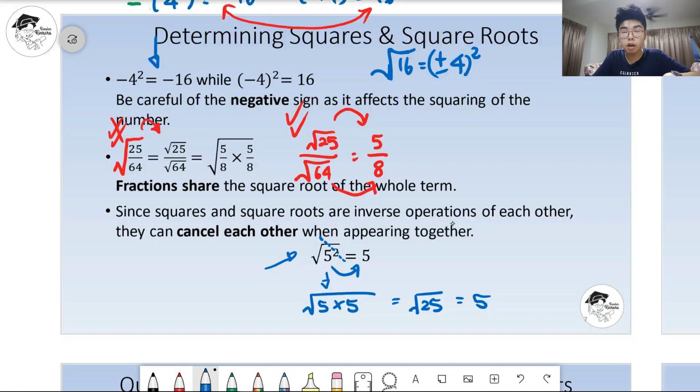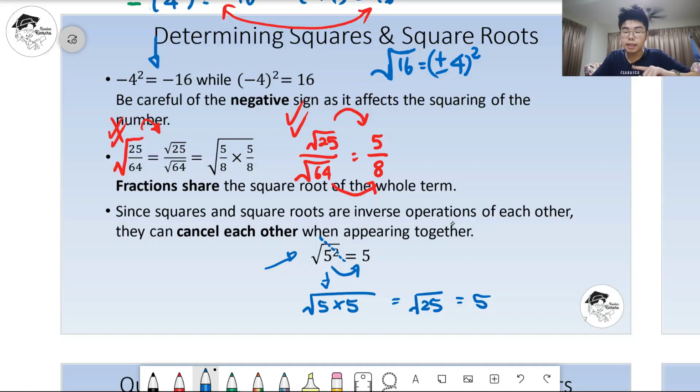Nombor yang akan kuasa 2 tu, that means the number that you square is making the number bigger, correct or not? Number bigger. So if you want to make the number bigger, after that you got the square root and you want to make the number smaller again, what's the point? Because you're only going to get back to the original number. So straight away, we might as well throw away the square root, throw away the square, we cancel each other, we get back the nombor asal.